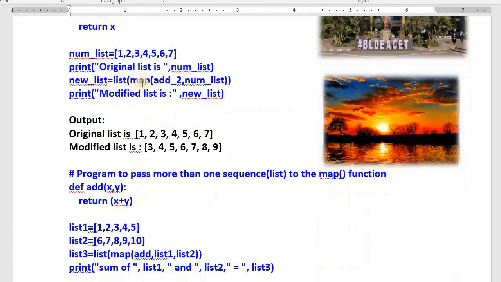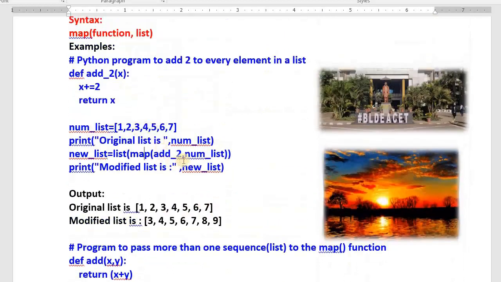Then I am calling the map function here. Map, in brackets, add underscore 2. This function will be operated on this list. Here I have written that function, add underscore 2 with x. Give any name. That means number list will be passed to x. To every element of that list, 2 will be added to the previous value. Then return x. It returns one new list that will be stored in the new list, and that is what I am printing. It means overwriting. The list name is the same, number underscore list. The modified list is number underscore list. This is the new one.